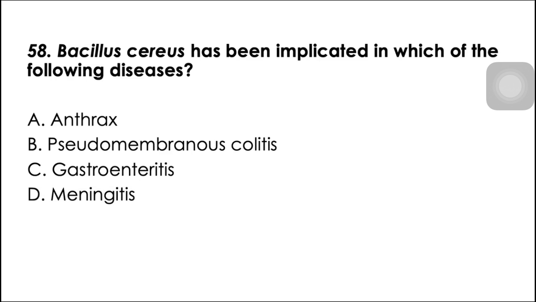Bacillus cereus has been implicated in which of the following diseases? So this one is implicated in fried rice poisoning nga po, wherein the specimen is food itself. So we have here gastroenteritis. Now, Bacillus cereus is gastroenteritis. Fried rice poisoning, or the specimen is the food itself. Anthrax is of course caused by Bacillus anthracis, while pseudomembranous colitis is caused by Clostridium difficile upon intake of the drug or the antibiotic clindamycin. Okay? Causing pseudomembranous